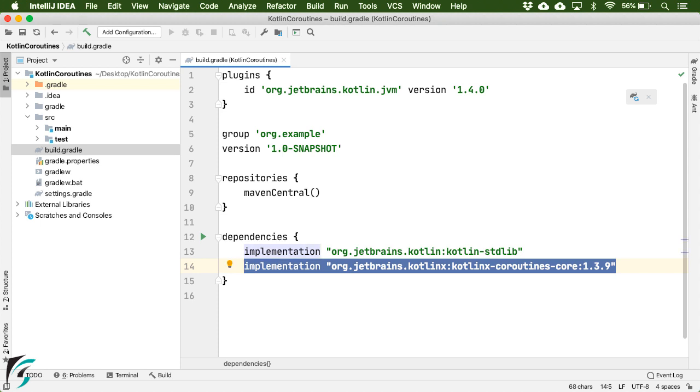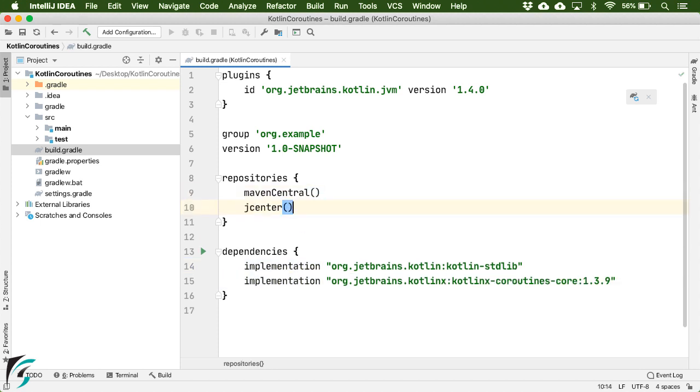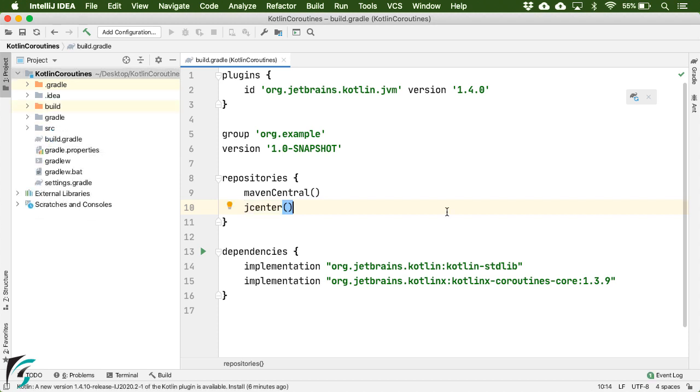And since the coroutine library is published to the JCenter repository, within repositories, just add this statement, like this. And then here at the top, you will find this icon, Load Gradle changes. Let's click on it. This will integrate coroutines and apply the changes to your project.